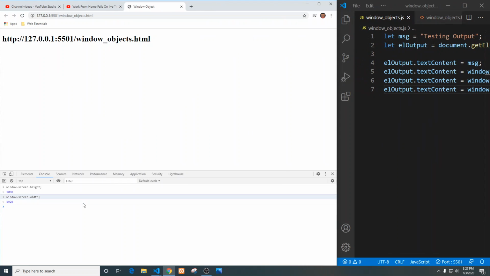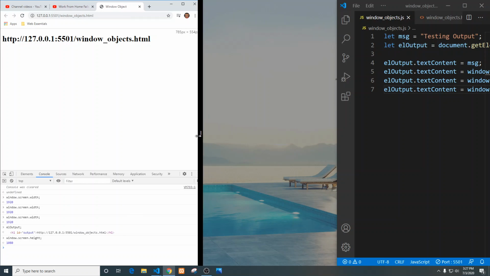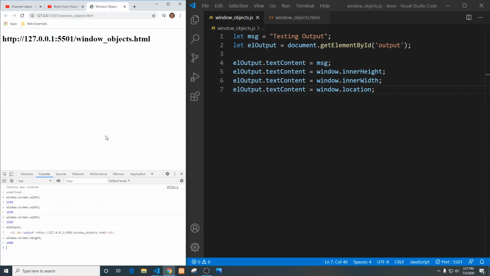So even if I make any changes here, well, let's clear this out. Yep, so all the same. Good. And where's the height? Okay, so that I believe is the area of the actual screen itself. And what other things do we have here? The window object has a number of things, but primarily these are the ones that you would end up actually using. I do know that if I type in window, which we've used before,